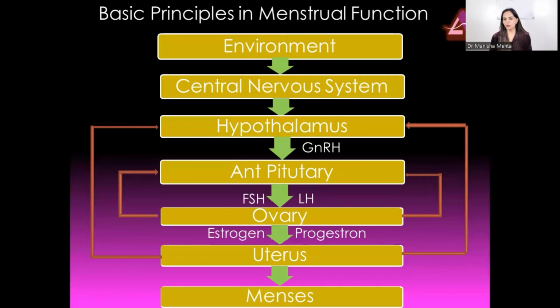Usually the ultrasonologist calls it an ovarian cyst. She's 6 weeks pregnant, or 5 weeks pregnant, or up to 8 weeks, and the doctors suggest that this cyst has to be removed. Normally the corpus luteum is not very large, but at times the corpus luteum can be really large and it